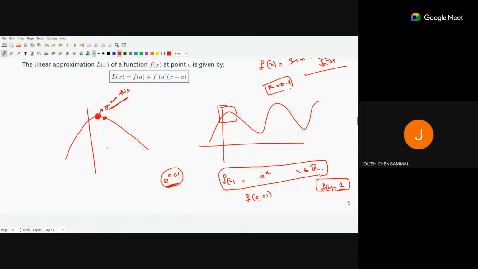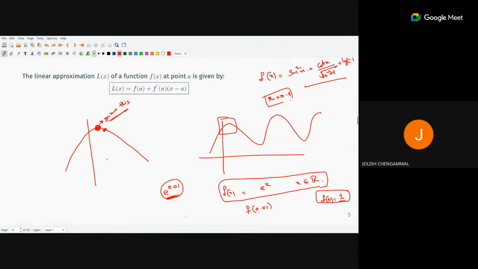Is this linear approximation we are doing only to reduce the computational time, or is there any other purpose? See, for better understanding of the graph, you can say at that particular point. Whatever graphs we have seen, we can analyze from the graphs itself. But there are many very complicated functions which you cannot analyze properly. But now, instead of one function, we will end up having infinite functions, right, at every point?